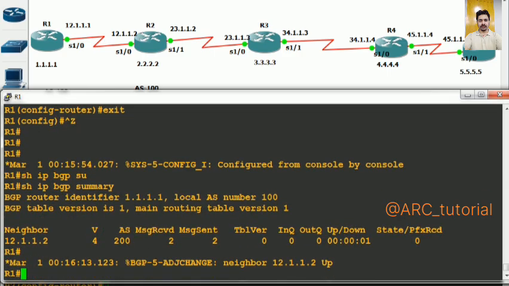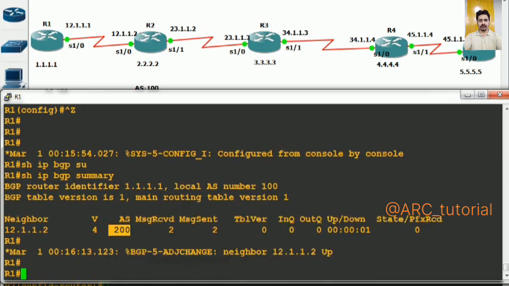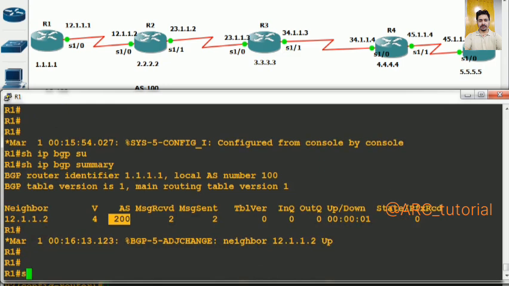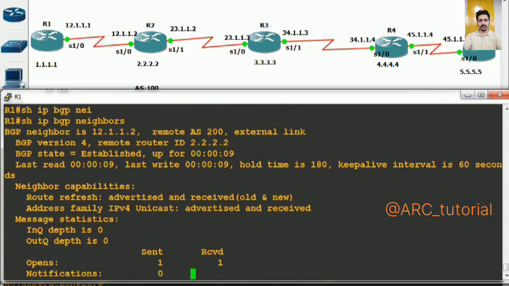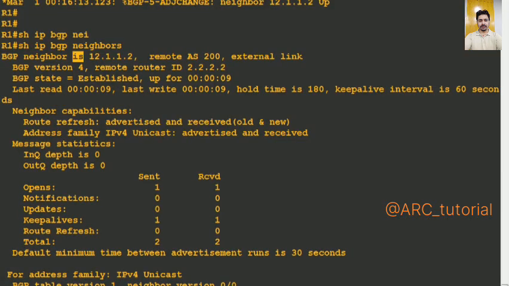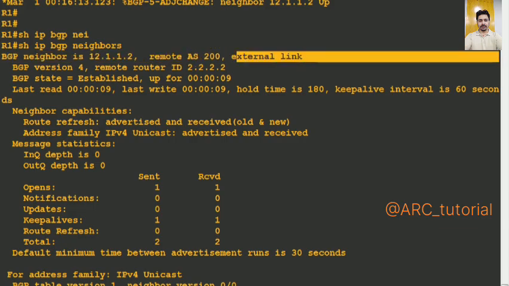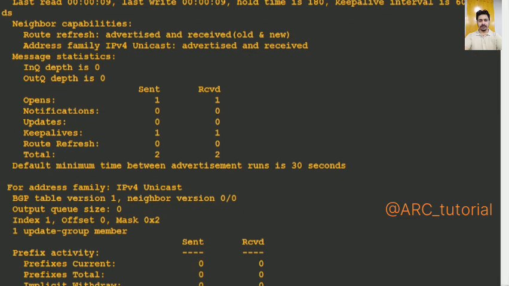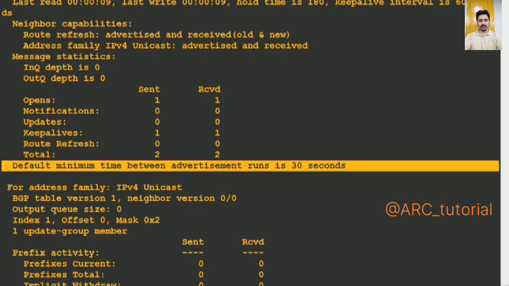See, remote AS is what? 200 on R1, right? And this time check show IP BGP neighbors. The neighbor is this, remote AS is 200, and external link means it is an eBGP neighbor. Fine. One more thing that you must understand here: the default minimum time between advertisement runs is 30 seconds,